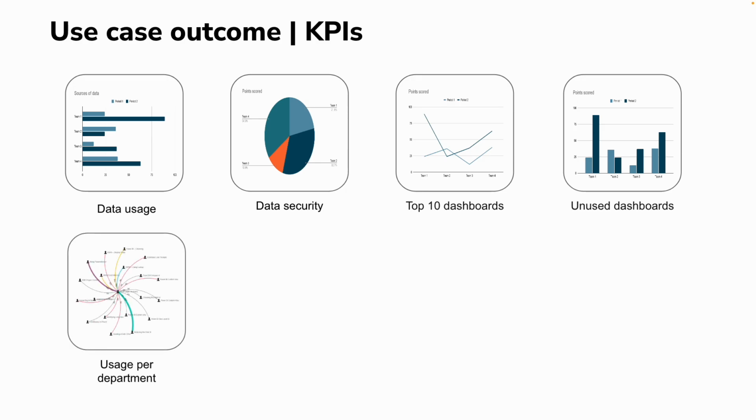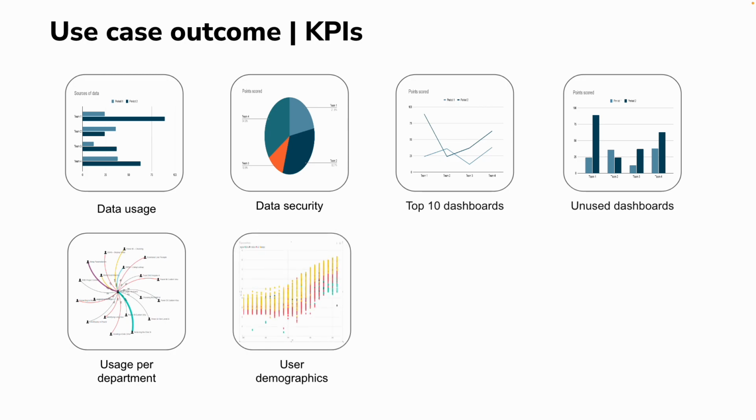You can also analyze the usage per department. For example, if you are working in the travel industry, you expect certain departments to be more data-driven than others, or maybe the other way around. And if you classify that, and that's really combining operational metadata with technical metadata with business metadata, you can really slice and dice and understand how the data strategy is being used within the organization precisely, up to even a team level if you want, or further, or